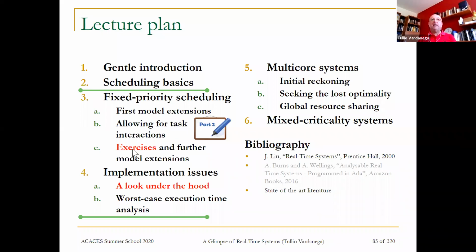You see that I'm using red for some of the parts, and the reason for me using red is to mark the fact that today I will not be able to cover in the oral lecture some of the material, the one, of course, put in red, but it is in the PDF that has been made available to you because the time is too short for my blathering and talking and all of that. So I will be skipping over those parts, but the material is available for you to use. And if you are wanting to come back to me with questions, especially on the exercises and on the detail that I've omitted of the implementation part of this story, I'll be very happy to consider your questions and answer